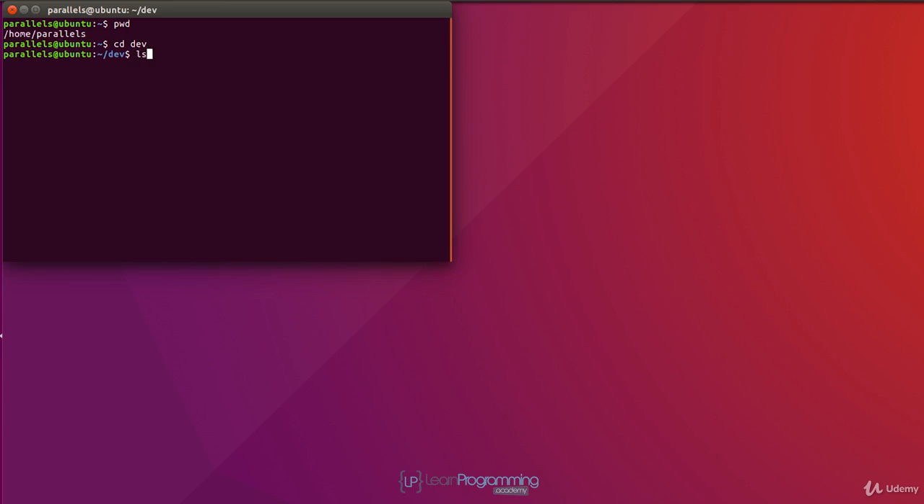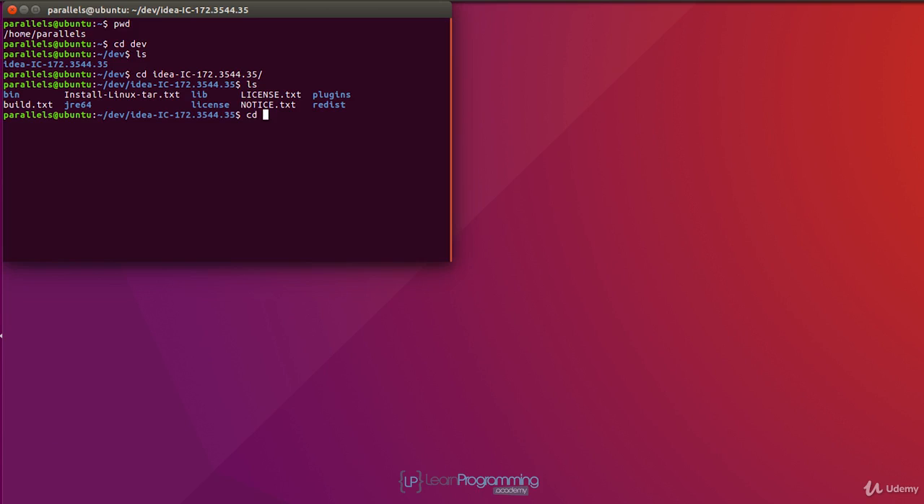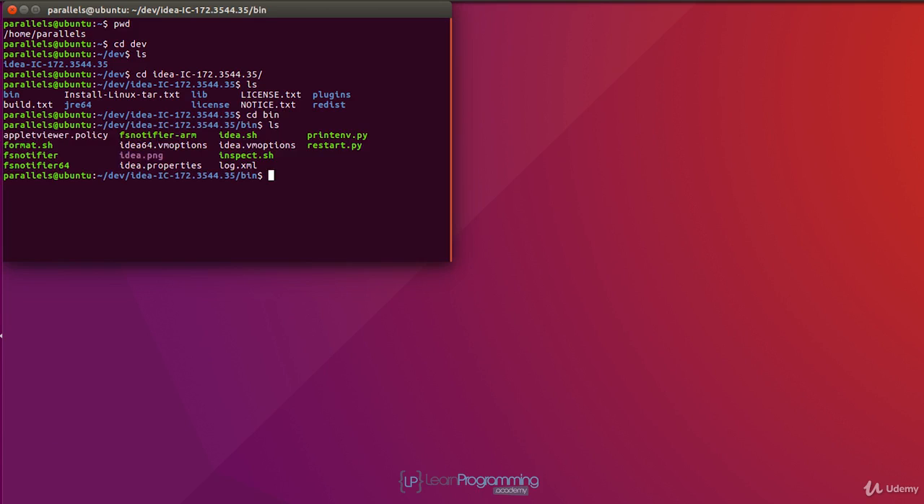And if we have a look there by typing ls, you can see that there's the installation of IDEA. So I'm just going to type in CD space and then the folder name. And then I can go into the bin folder, so CD space bin. And have a look at that again, and you can see that there's various files there. The one we want to start is idea.sh. So I'm going to type ./idea.sh